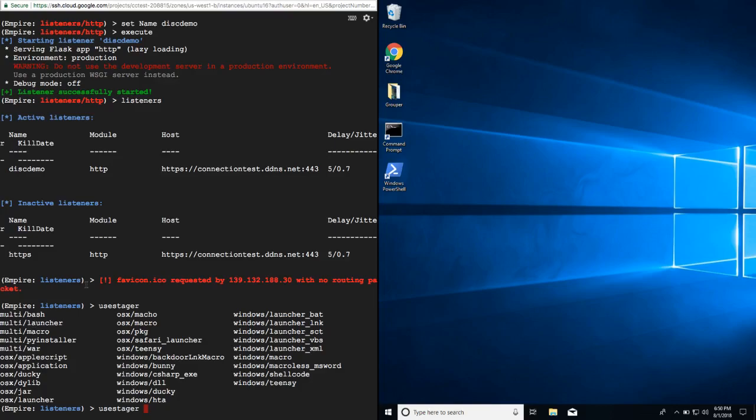So this is all of the stagers they have by default. The original raw default just PowerShell one is